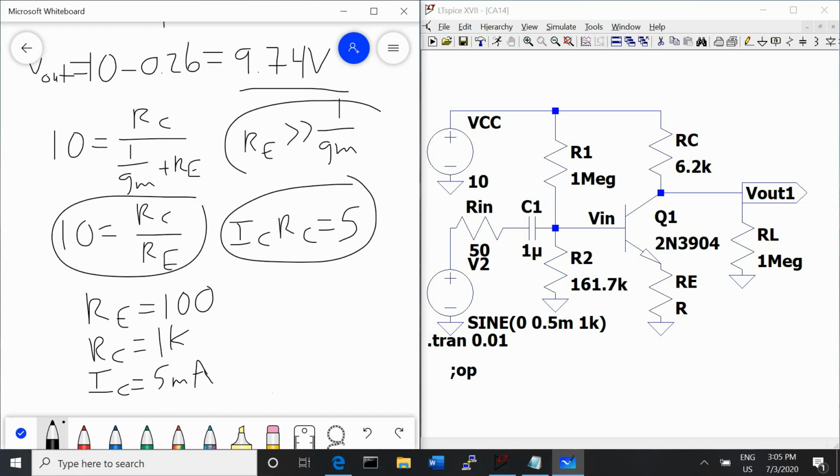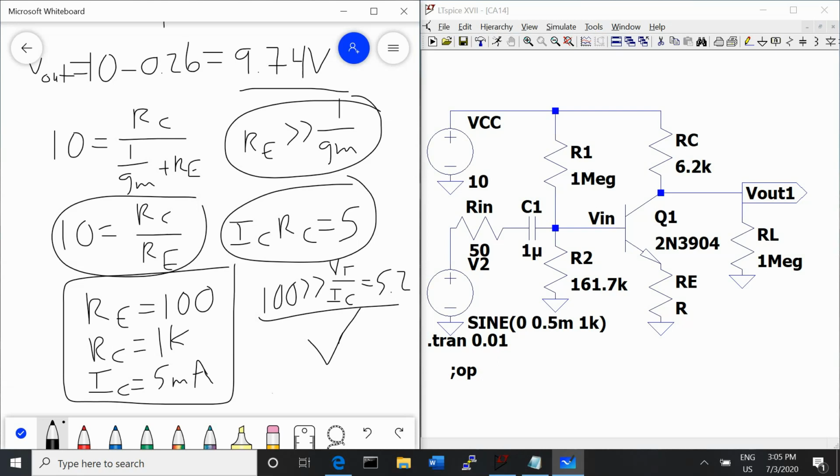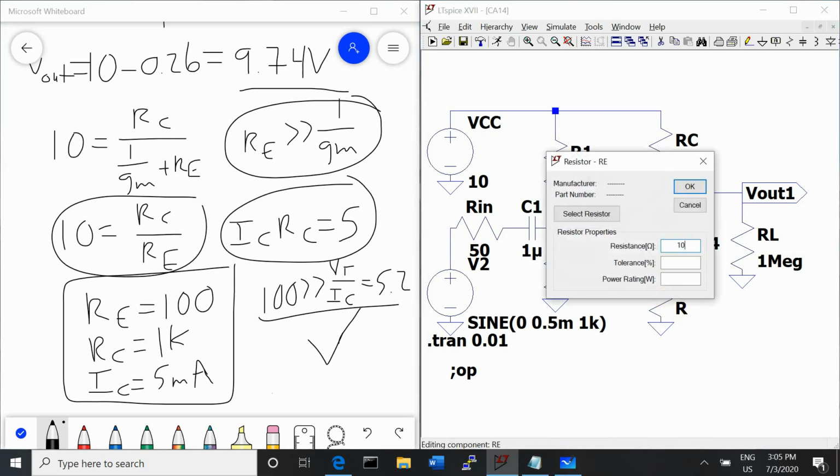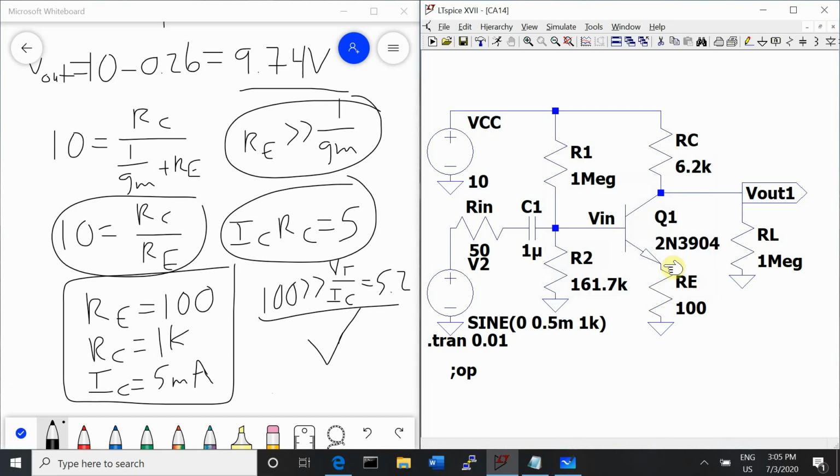Now we're going to double check that we have satisfied our condition of RE being 10 times greater than 1 over GM, because otherwise we need to pick a different value for RE. So RE is 100, it's 10 times greater than 1 over GM. 1 over GM is VT over IC. VT is 0.026, IC is 5 milliamps, so that's going to give us 5.2 ohms, and this is good, so we can use these values. So now we're going to come over to LT Spice and set RE as 100 and